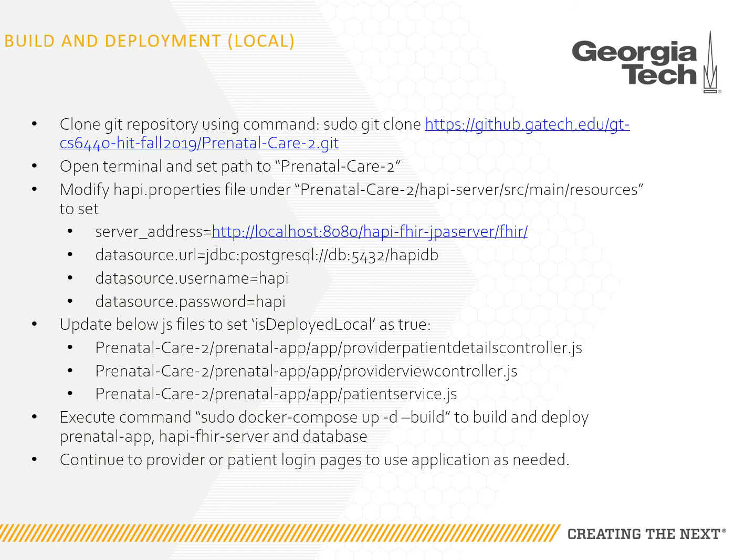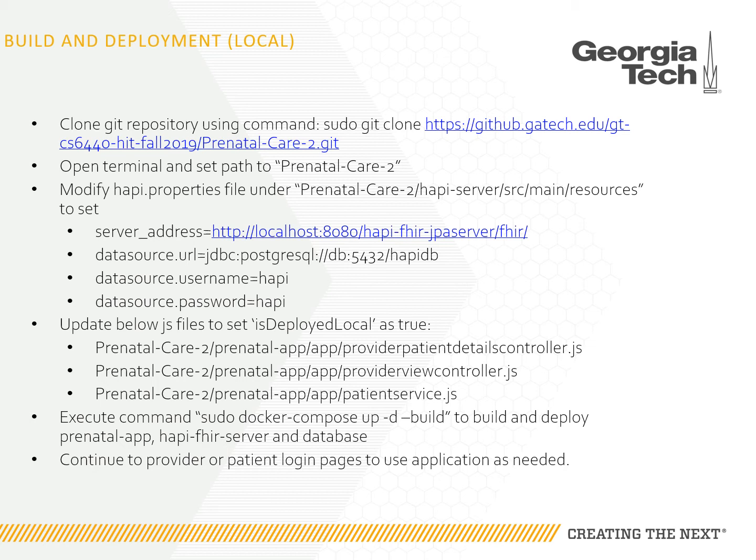This slide explains the build and deployment of our prenatal care solution on a local machine. First, clone the Git repository through the Git link provided here using the sudo git clone command. Open terminal and set path to prenatal-care-2. Modify the Happy properties file found under